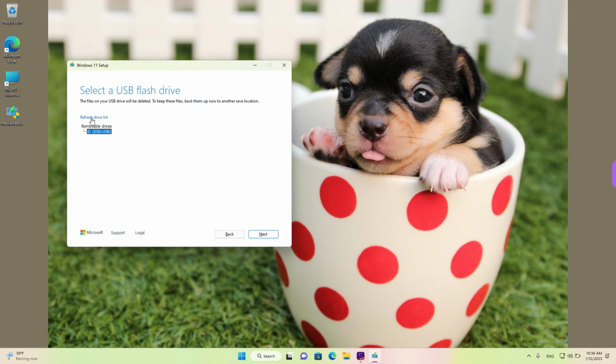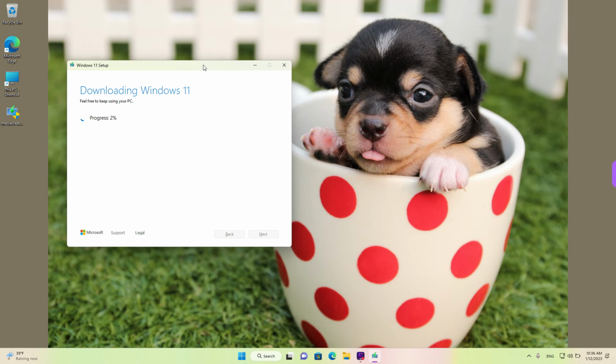You can left click on this button that says refresh drive list over here if you don't see it, or if you have the USB plugged in but you still can't see it, try to remove it and plug it in again. Maybe that will help. After you select the USB by left clicking, then left click on next,